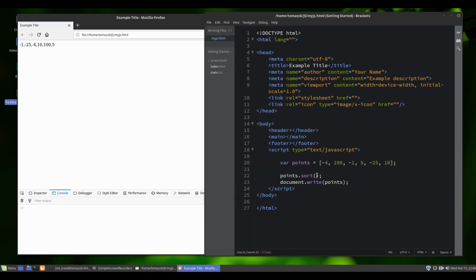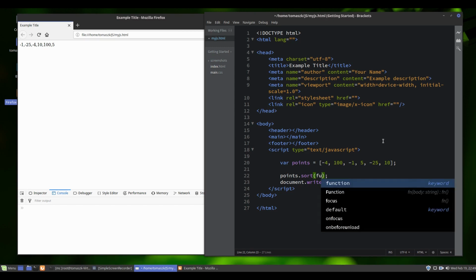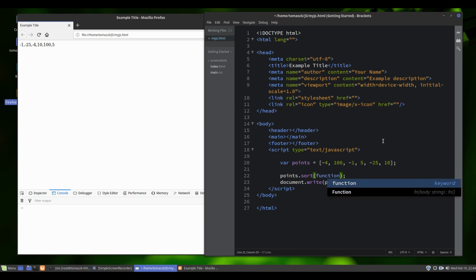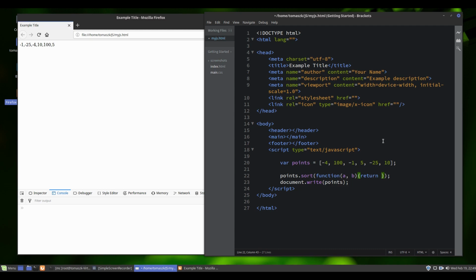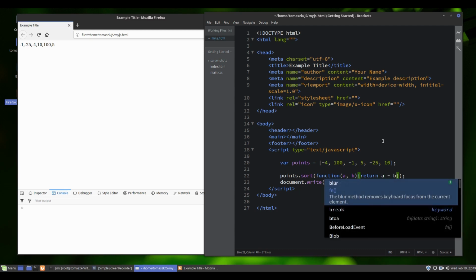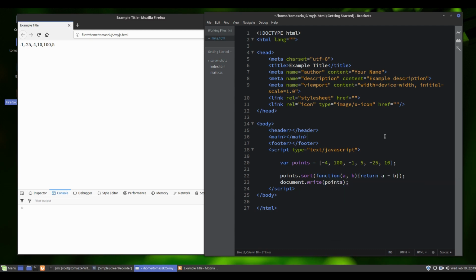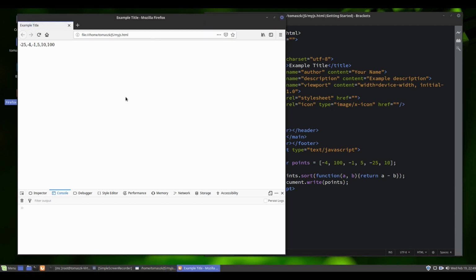To solve it, we should use a special function to create some order of elements while sorting. So now what we have is this array sorted,